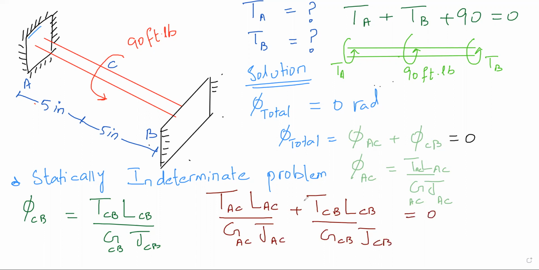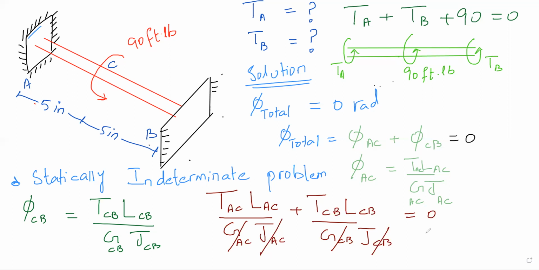So the diameters are the same. A solid shaft, and the diameter of the portion AC and BC, the dia is the same. So this fellow will cancel. This fellow is made of the same material. This will cancel. And I will be left with nice and beautiful